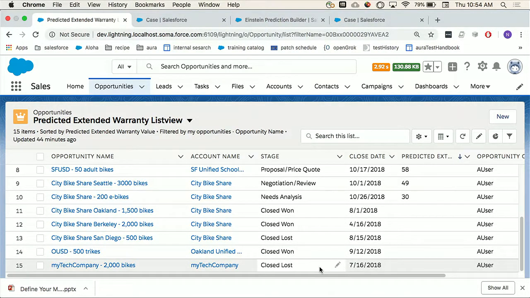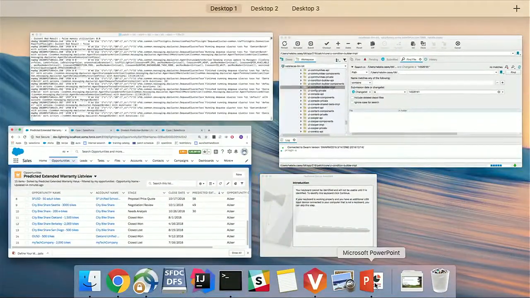We also notice that things that are in the closed lost stage don't have a score because we said we could ignore those. And the opportunities that are in closed one also do not have a score because those were the examples we used going into the model. So that's one example of how we can use our